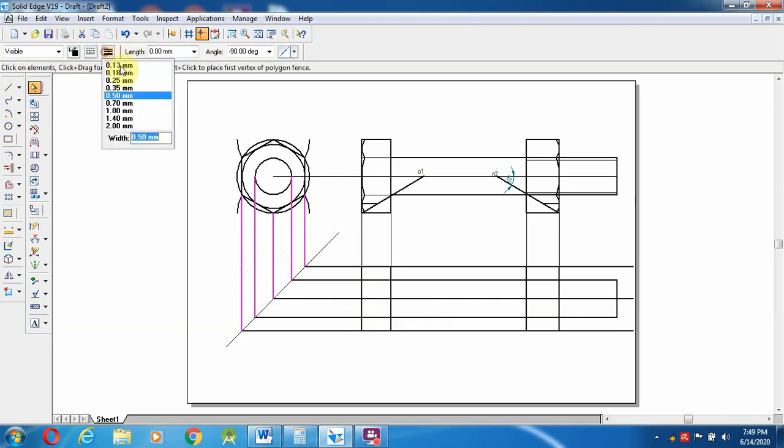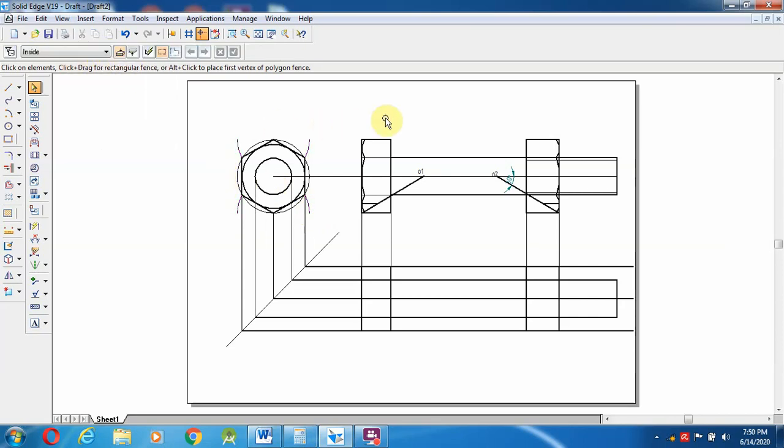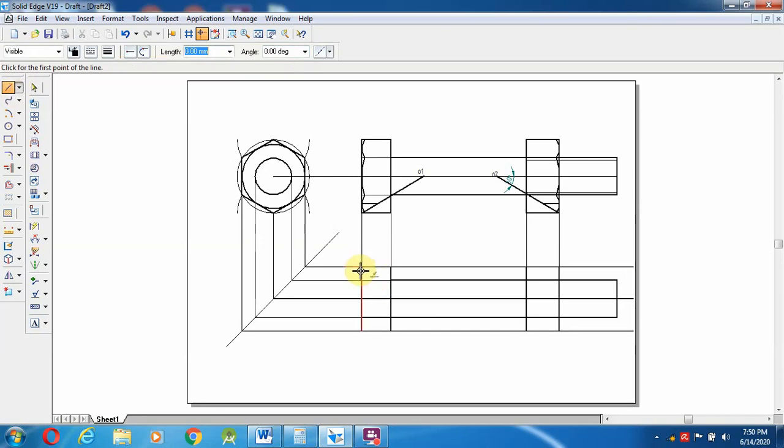So I am going to make this a 0.13 mm line. Even this circle also I am going to make it as a 0.13 mm. So this arc, so everything I am going to change it as a 0.13 mm. So after I created this, now whichever things are on this axis line, I am going to do later. So 0.13 mm. Okay, now these are all the lines that are bold.